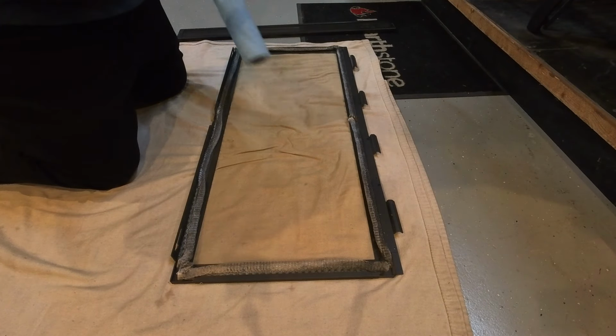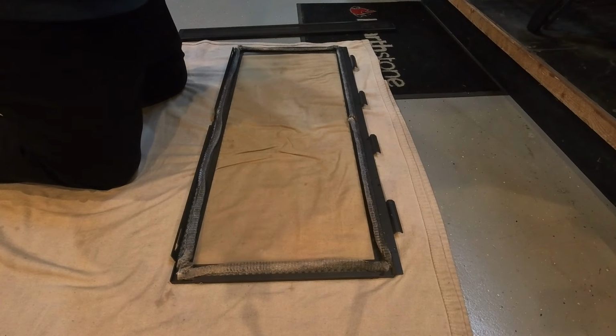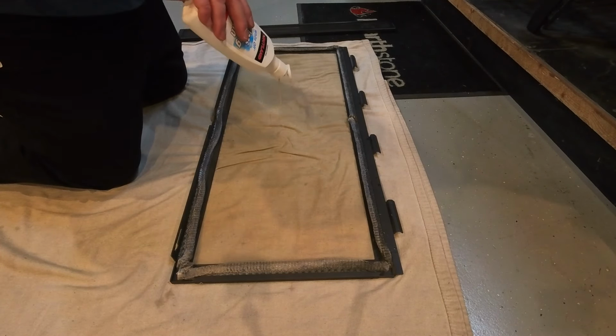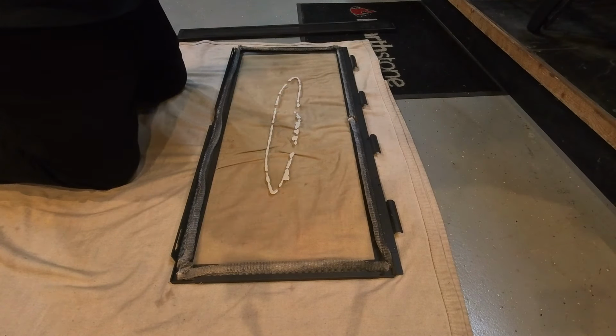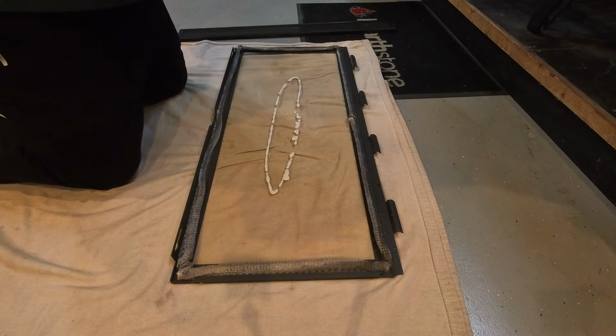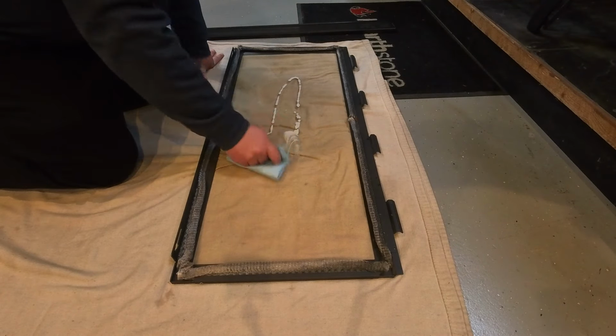We also use lint-free shop towels in order to clean the glass. Apply a small amount, enough to cover the glass, once you start spreading it around. Take your towels, apply a little bit of pressure,